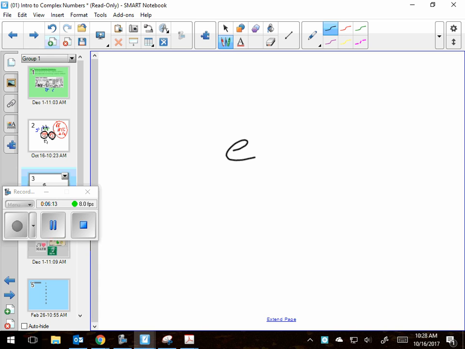Because the e is defined as a number. It's 2.718, not repeating, but it goes on forever and never repeats. It's kind of like pi. It's an irrational number that's defined. So e is another one that's off limits. So e and i and pi, they're all set values. They're not variables. Yes?